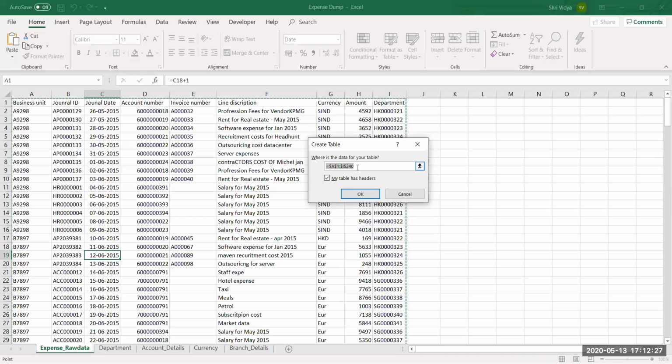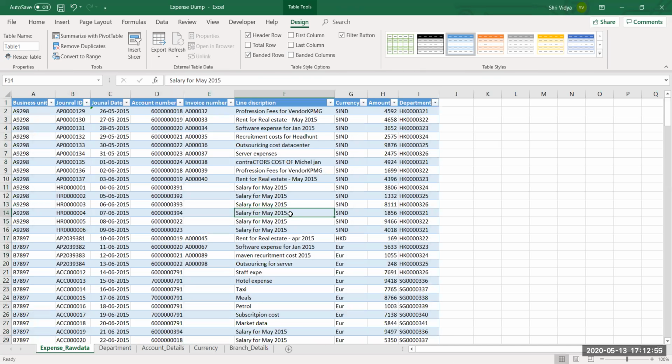It has already selected our entire region. And don't forget to check 'My table has headers'. If you don't, the first row will not be considered as headers. It will be considered as one of the line items, and you'll see Column 1, 2, 3 over there. We want to consider the first row as our headers. So check 'My table has headers' and say OK. You can see it converted. Either format it or, if you don't want to, leave it.